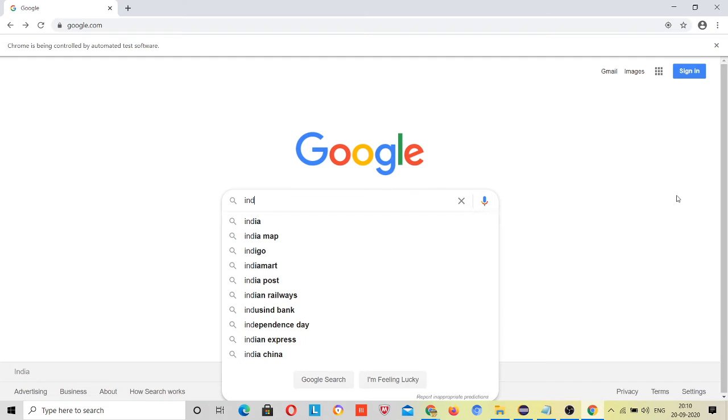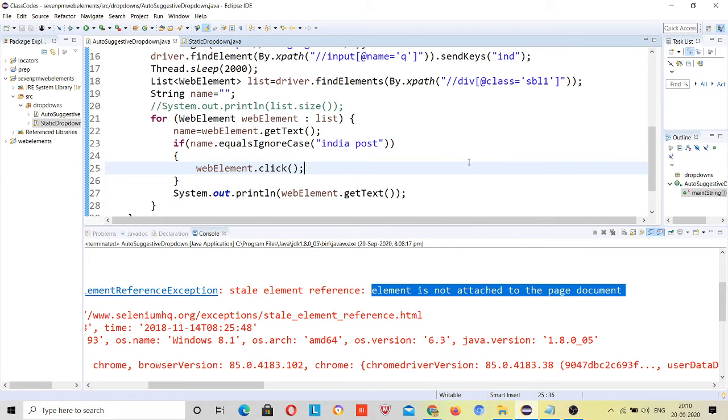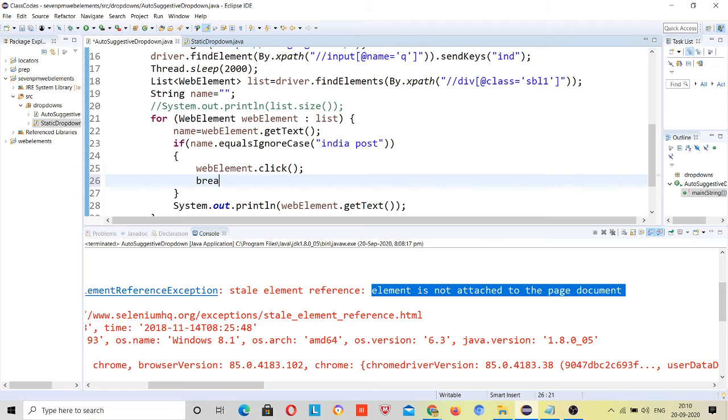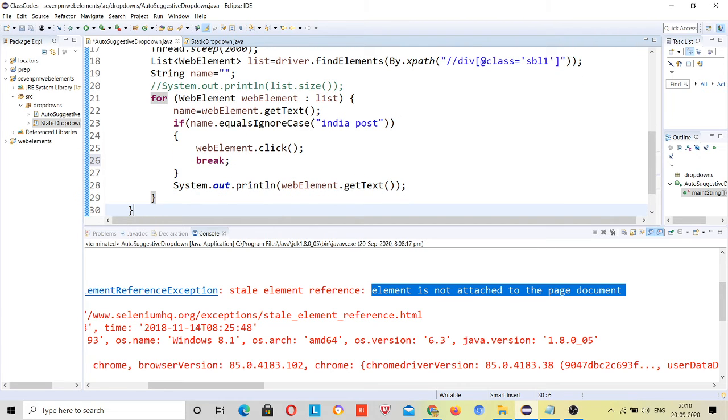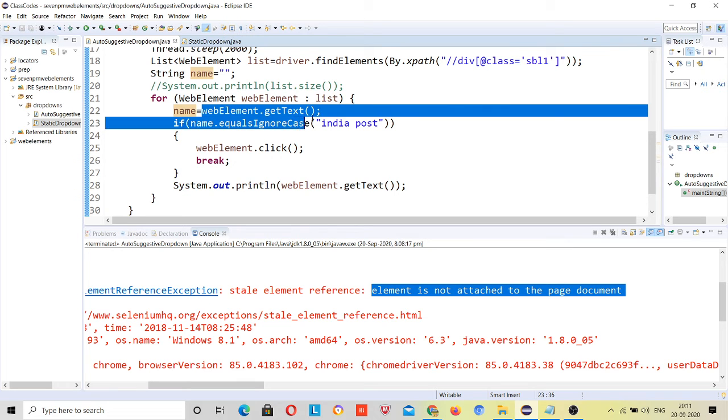So this error it has given. That's why once I click on this web element, I need to break, so that I will come out of the loop, and it will not try to locate other elements, and will not try to copy and get text.